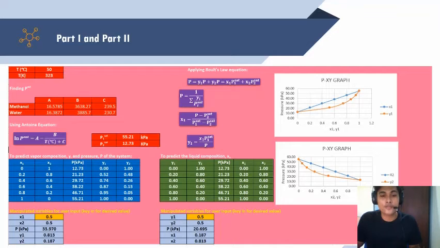After we get the value of y1, since y1 plus y2 is equal to 1, the value of y2 is 1 minus y1. So we will get the value of y2. And after completing finding all these parameters,